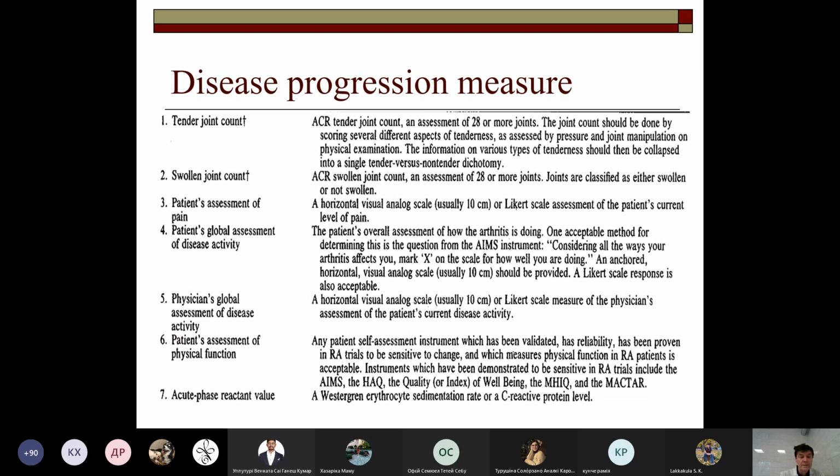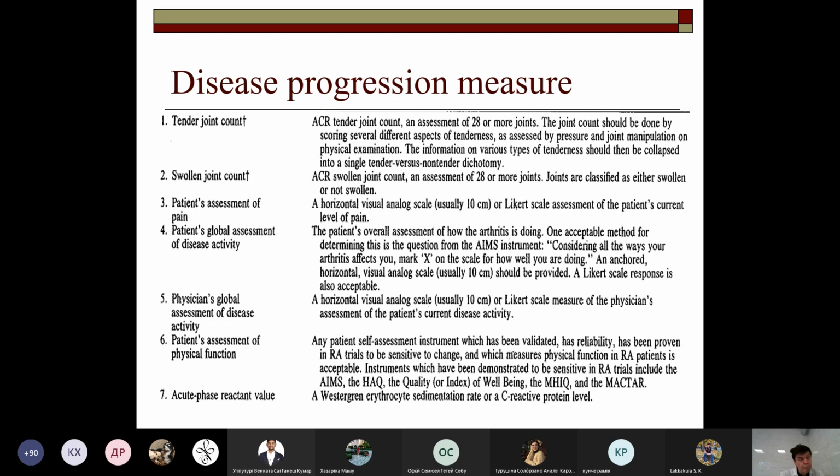to move on to the specific classification of disease progression measurements. It's not as difficult as it seems. There are specific features which can be checked out, and they provide confirmation and pull all these data together. So: the tender joint count, swollen joint count, patient assessment of pain using the Visual Analog Score index, patient global assessment of disease activity